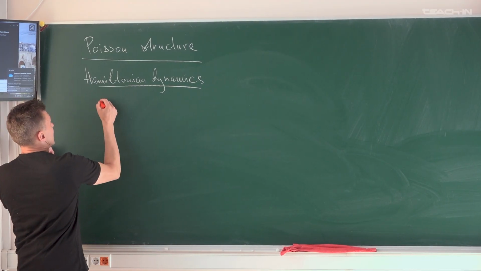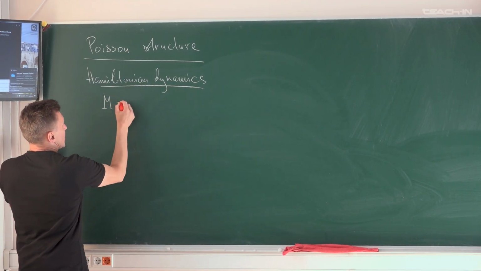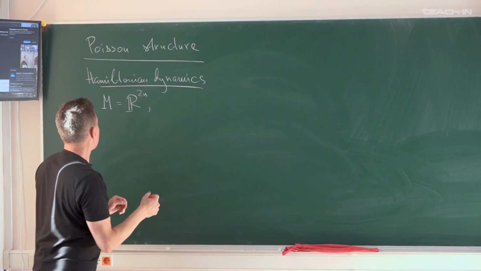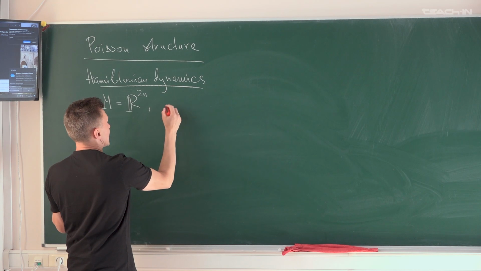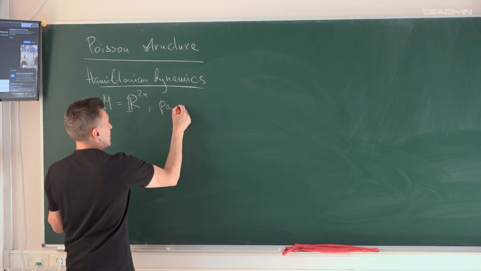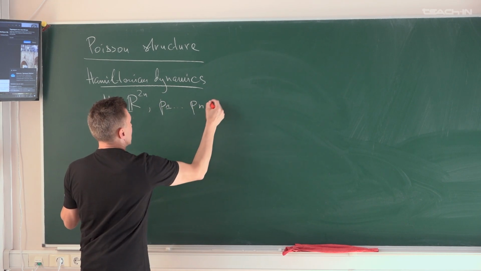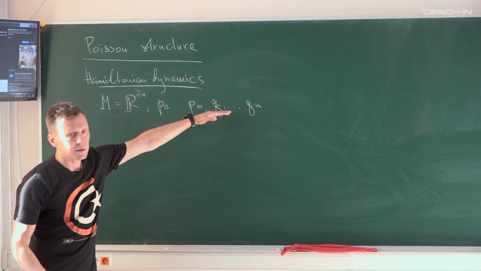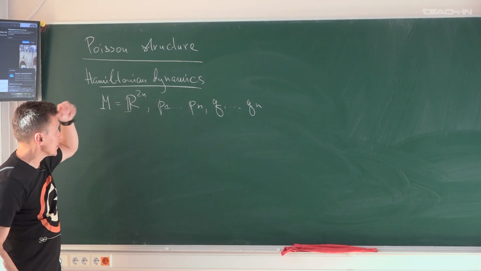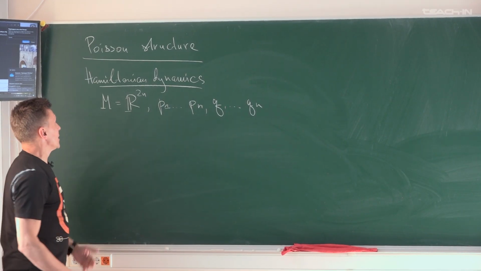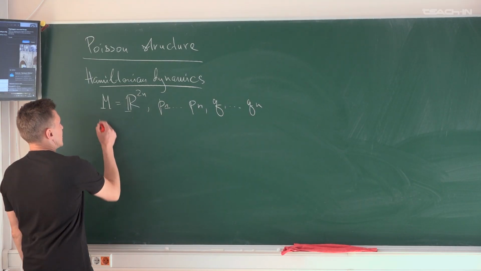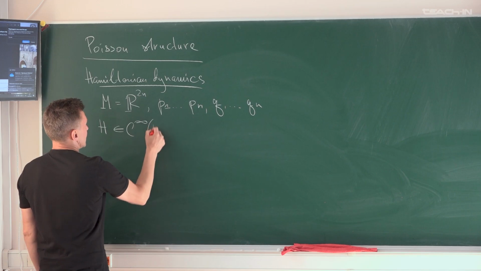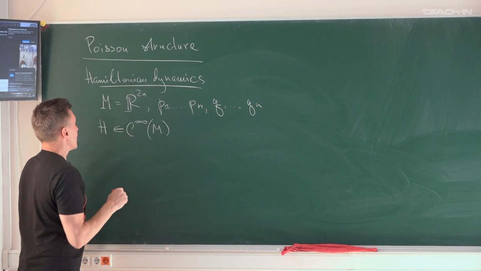We will consider the space R^2n with a special choice of coordinates p1, ..., pn, q1, ..., qn, as just the coordinates on this 2n-dimensional space. And we choose a function H on M and define